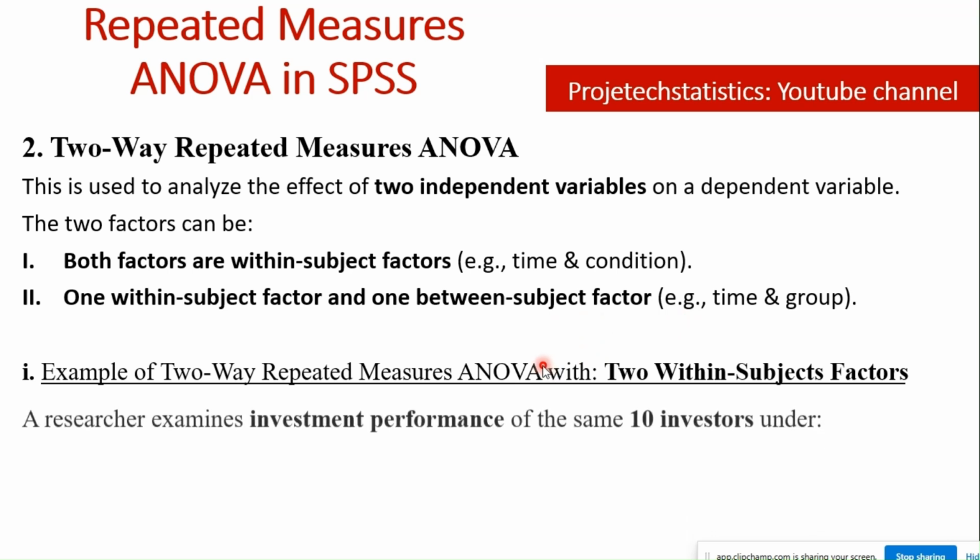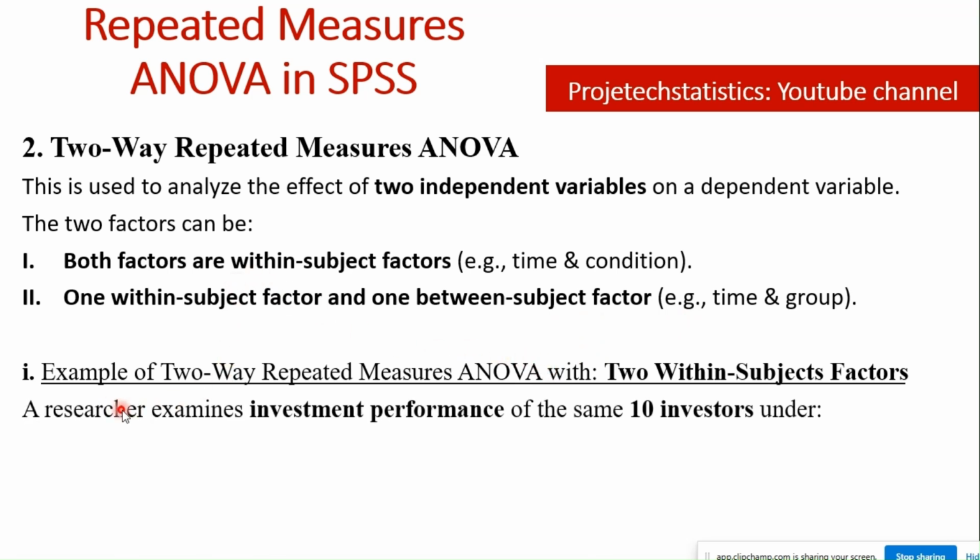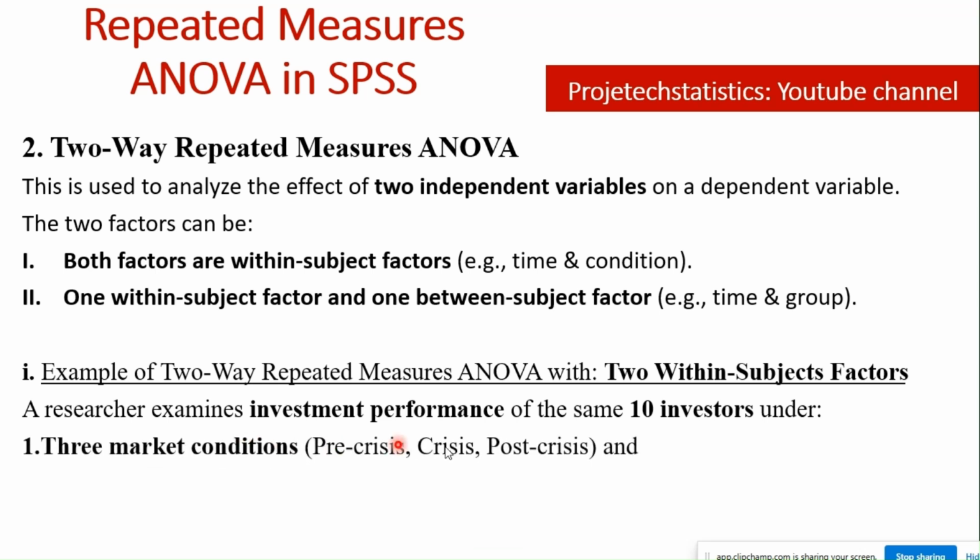So here is the first one, the example of two-way repeated measures ANOVA with two within subject factors. What it means here is that the two factors are going to be within subjects. So a researcher examines investment performance of the same 10 investors under, the first one is under three market conditions